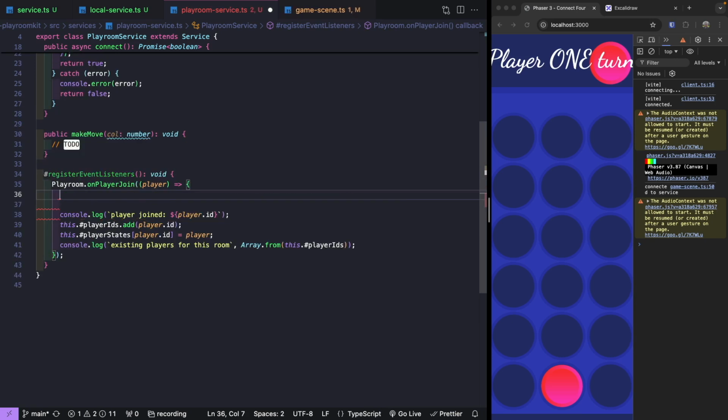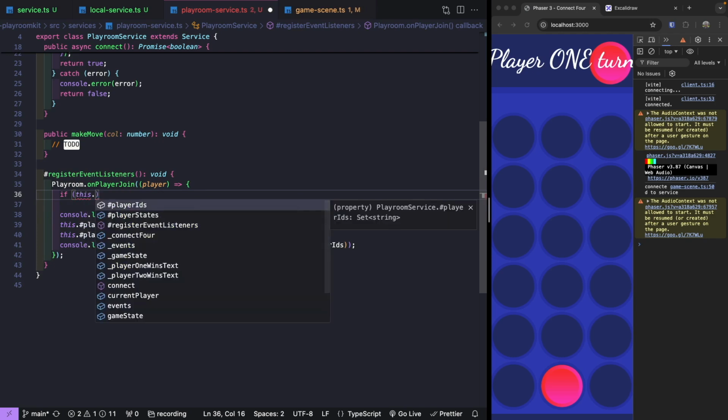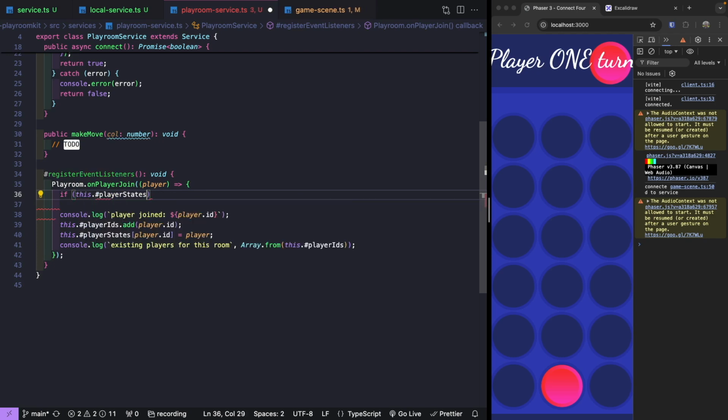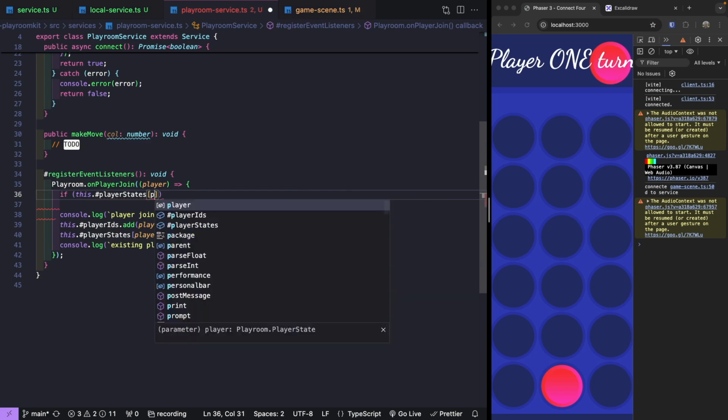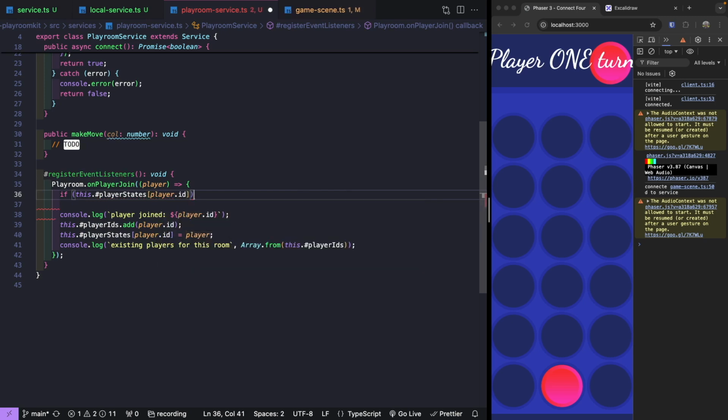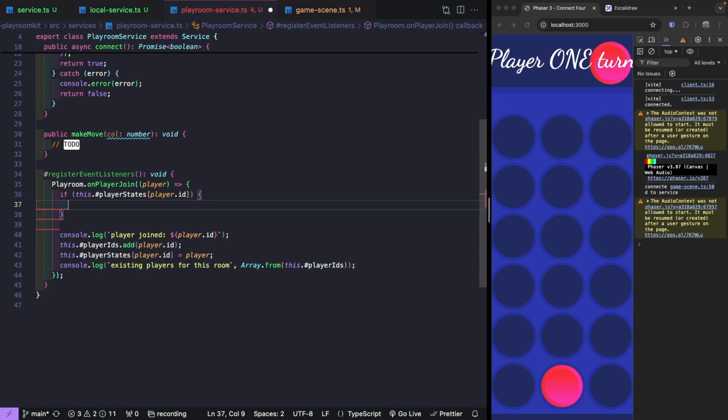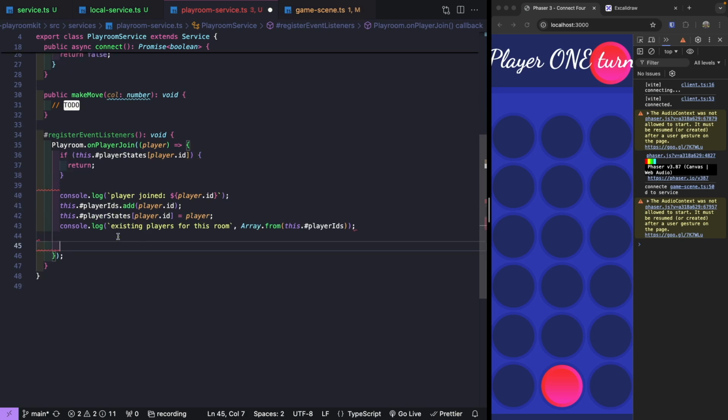All right, so one other thing we'll do is we're just going to add a safeguard in case we get duplicate events. For this, we'll add an if statement. We'll do our player states. And so if we have a player state for the provided player ID, then we'll just return early and not do anything else. So after we update our state, now we want to register our callback for when a player quits